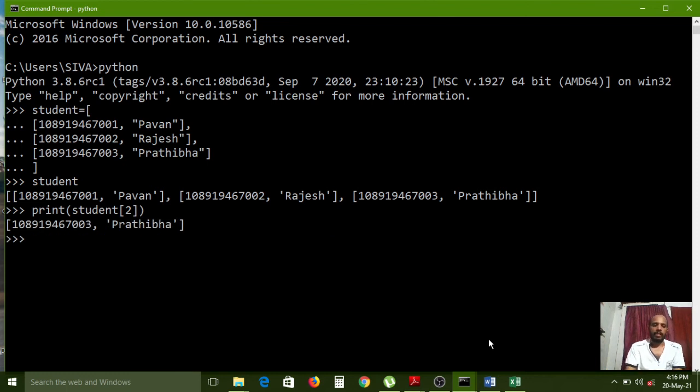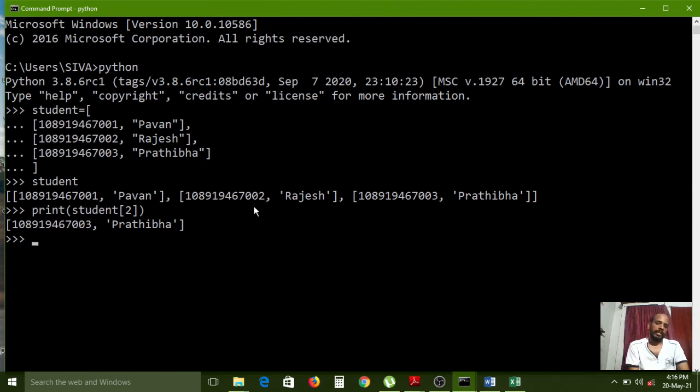Now we have to see. The output is the second index. Whatever data we have, that data is displayed on the screen by using the print function. All of you carefully observe, nothing but the third record it has printed. This complete record is in the second index. The hall ticket number as well as the name, these two values are in the 0th index only. It has stored in the 0th index.